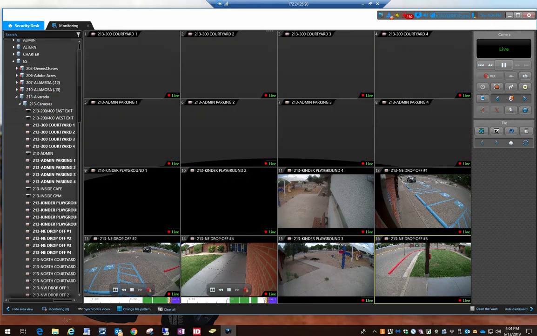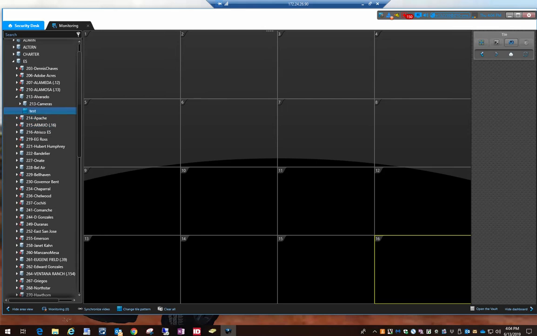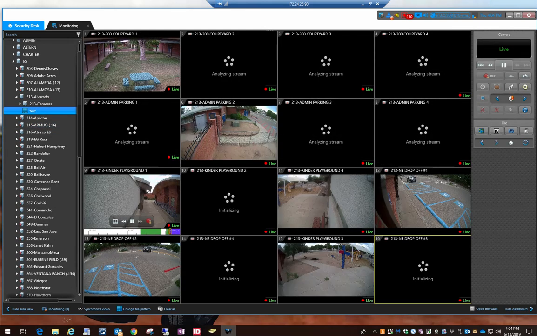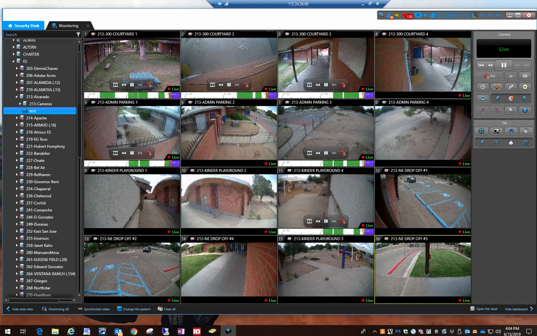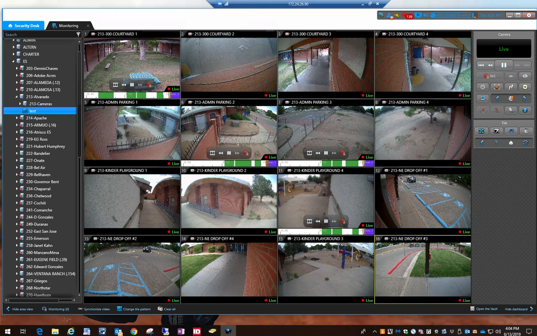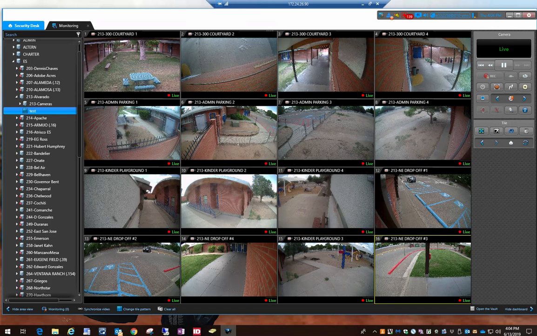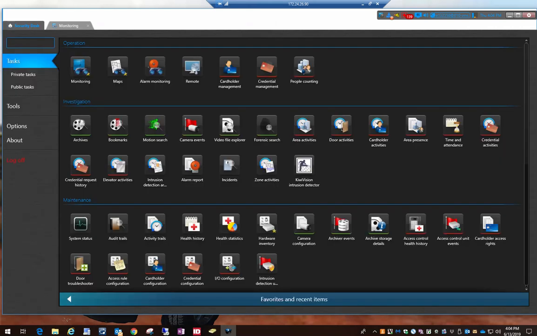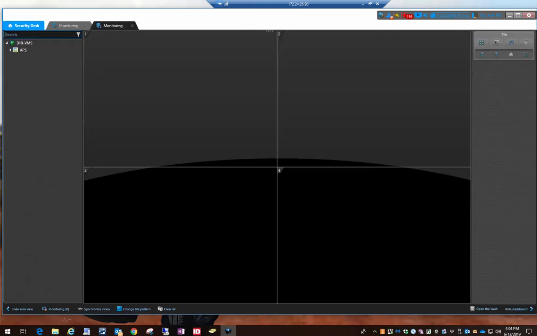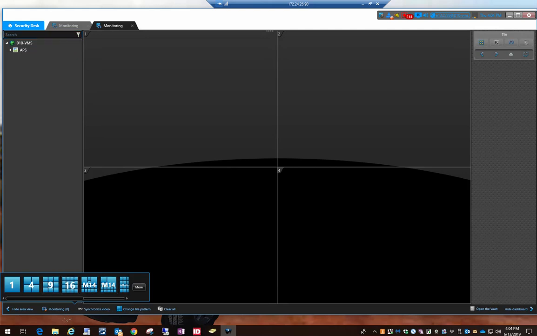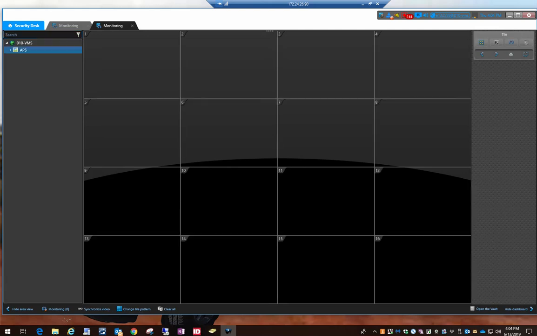Now, you start your software and you want to get your layout up, double click your preset layout and it just fills it in. If you only have one monitor or you want to do what they call task cycling, go back to security desk, open a second tab of monitoring, create your layout, pick your cameras,